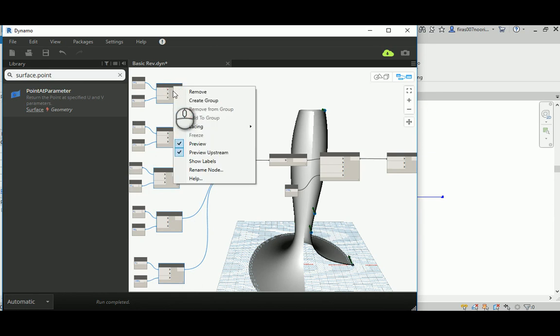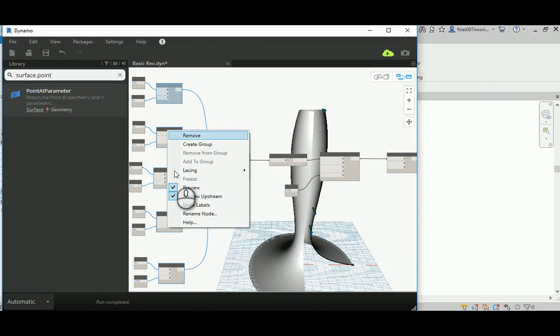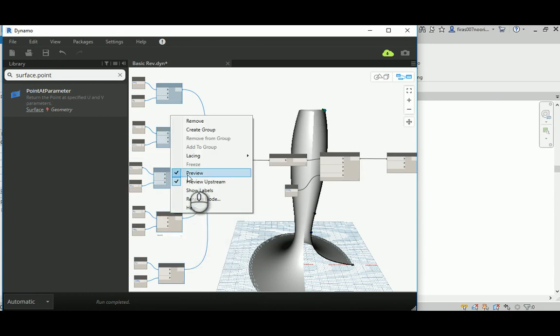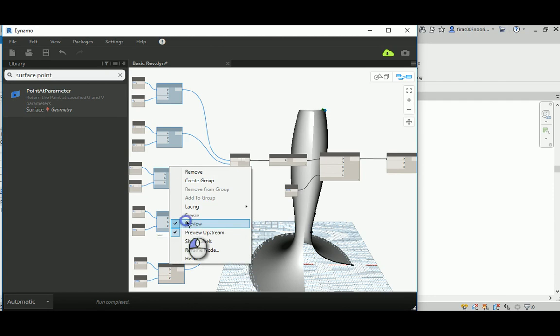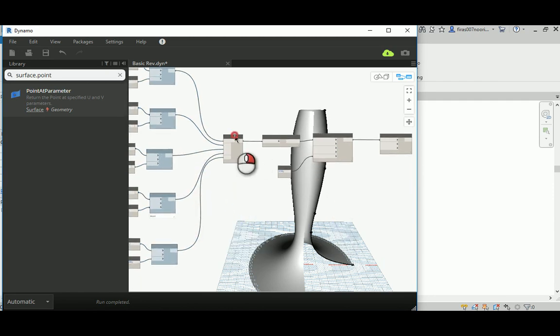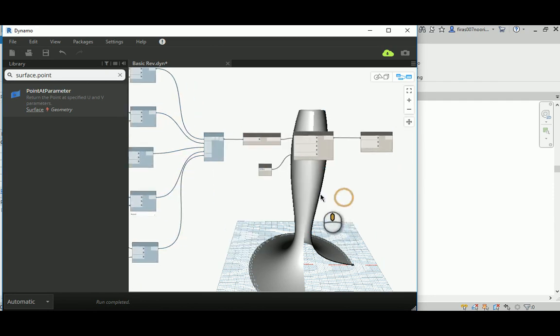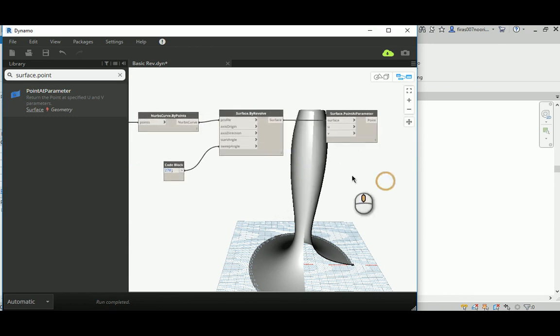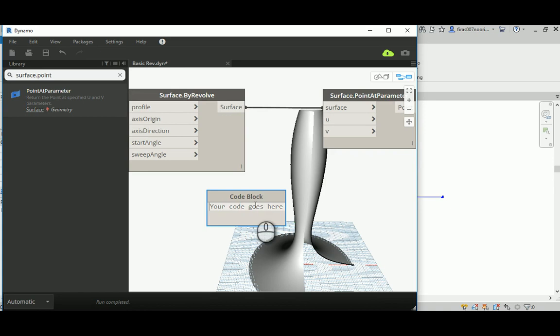and remove the preview for the points, so they don't appear, neither for the list itself. Anyway, what else? Beautiful. Now if I go here 0 to 1, that means from the start to the end of that object, and then let's say I want to make a division of 10